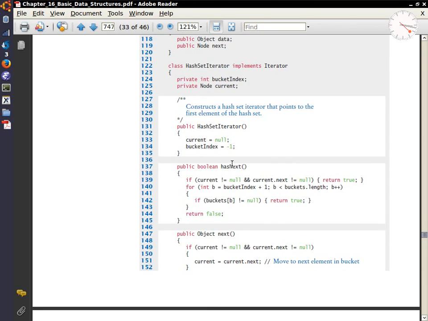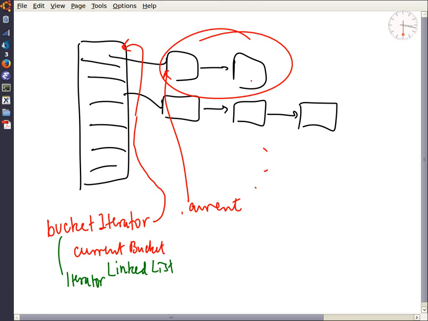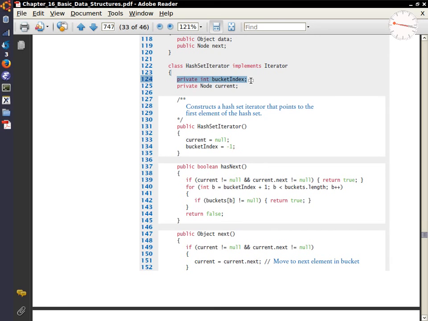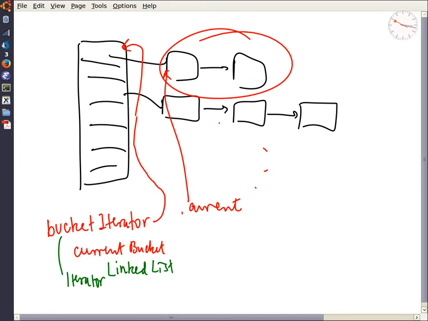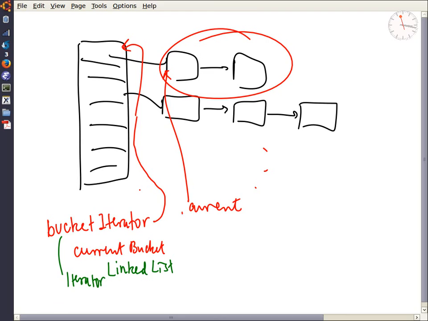And so here we have a perfectly good hash set iterator. This bucket index is the moral equivalent of the bucket iterator. See, I can't have an index in my model because all I know is it's a map. And so I don't know whether there is an array, and there really isn't an array actually. And so the bucket index and the bucket iterator are the same thing. And the current, that actually is the same thing as